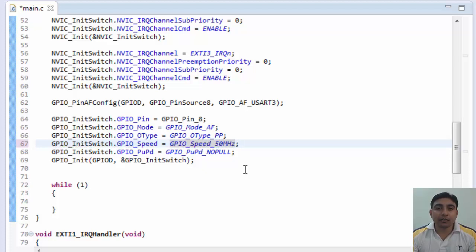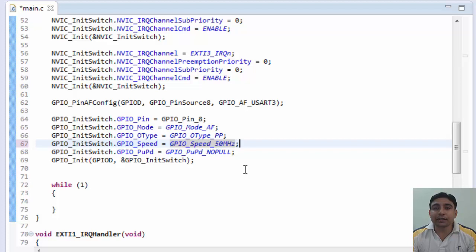Okay, so now our PD8 pin is configured and initialized. Now we can configure the USART3. As I said earlier, we will actually do UART communication, but we are using the USART peripheral here because we can do UART communication using the USART peripheral also. So sometimes if I say USART, that also means UART.